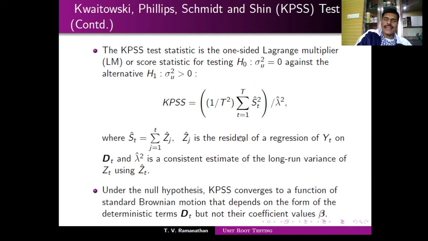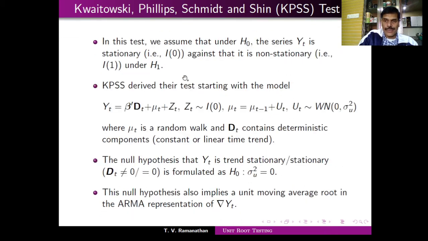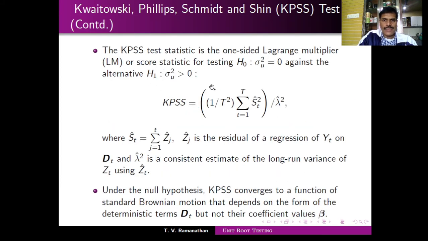Well, what is the test statistic? The test statistic is not the same now, because it is testing for variance equal to 0 against variance greater than 0. What is the beauty of variance being 0? Variance being 0 means this is all concentrated on the same value, which means that this is stationary. And variance greater than 0, this doesn't concentrate and this is non-stationary. And that is the test that we are using.